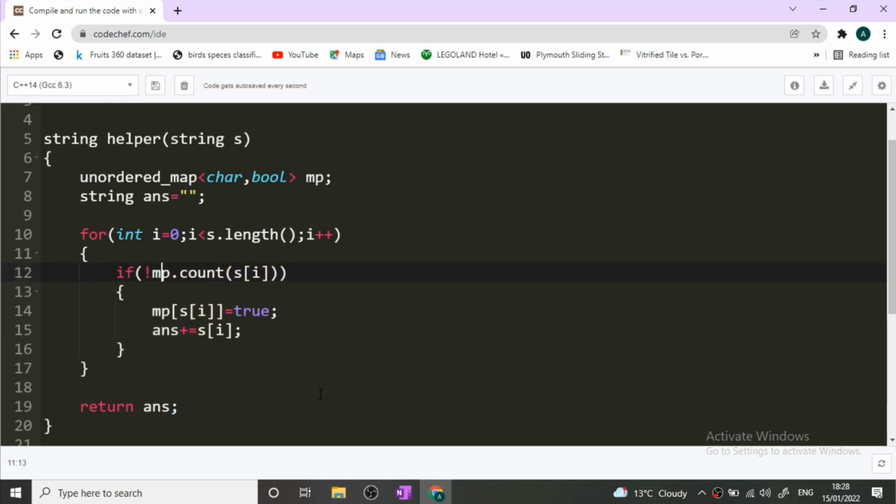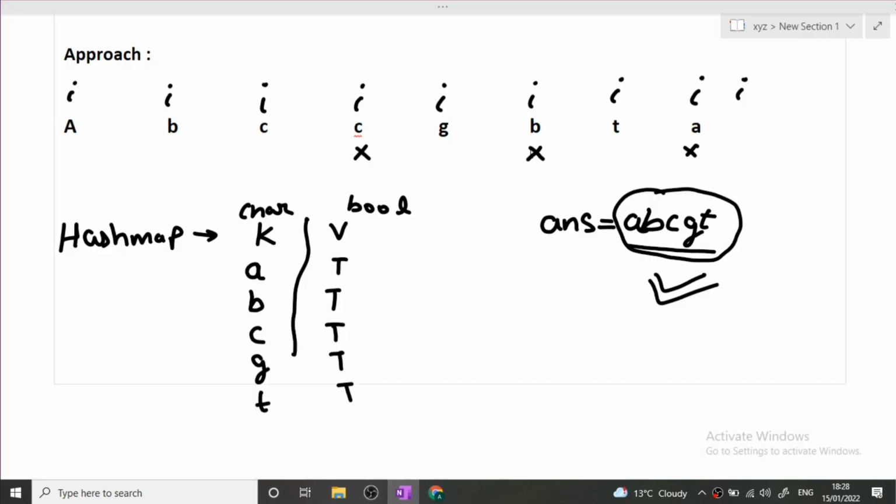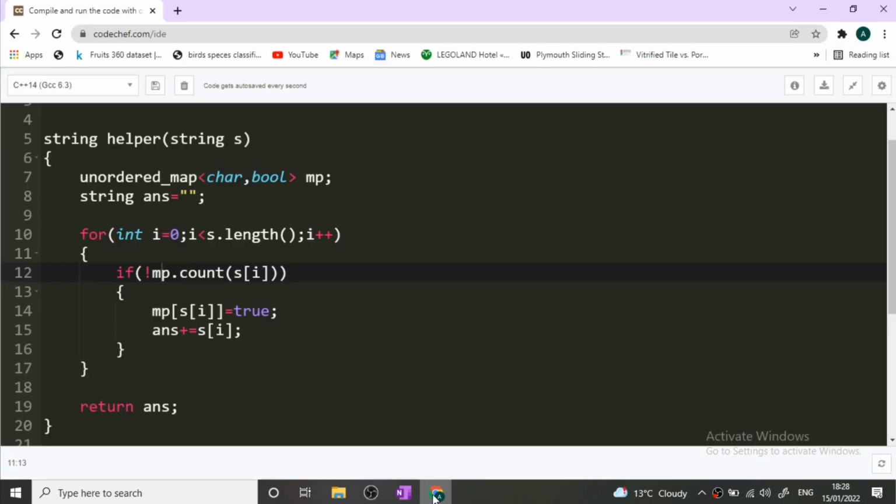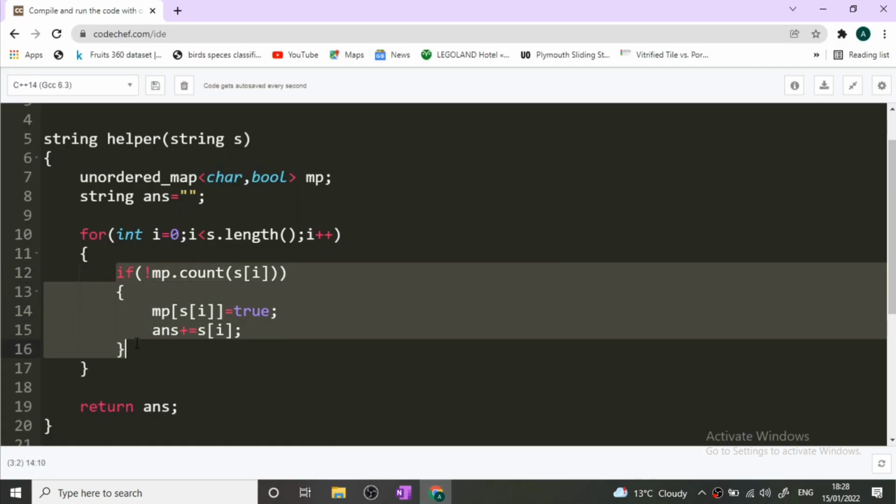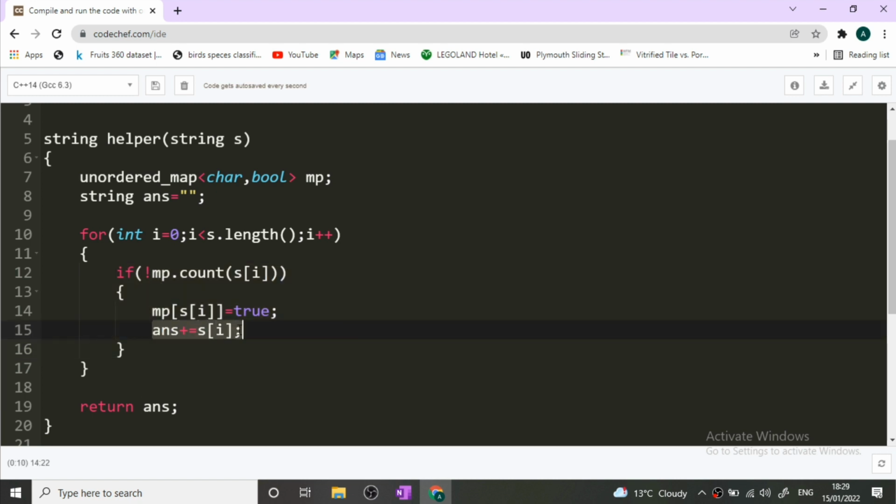But what if it is present in the hash map? We were simply ignoring that case, that is, we were simply ignoring that character that was already present in the hash map. So it means that if this if condition runs, only then the answer value will get updated, otherwise it will not get updated. That is what we wanted, and at the end of this entire loop, our answer will be returned from here. I hope this function is clear to you.